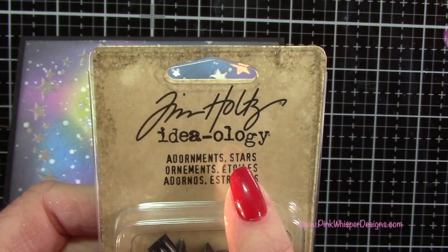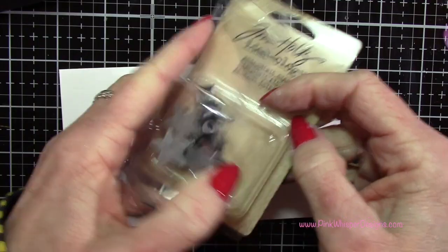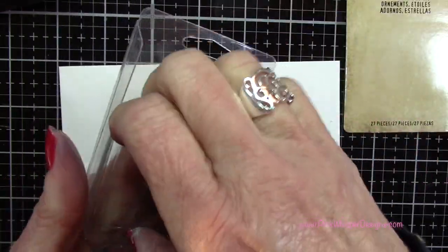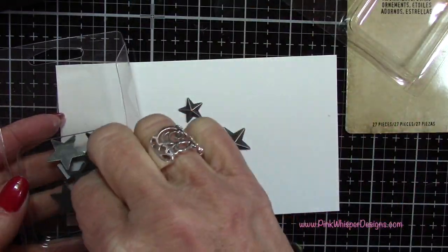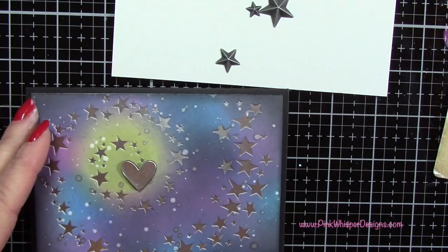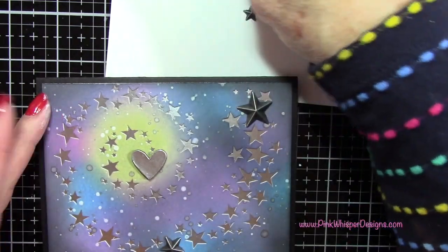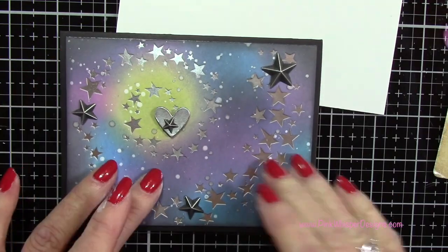So let's go ahead and grab these embellishments. Now I do want to use these Adornments Stars from Tim Holtz, and I'm going to place those around the card here. And they do come in different sizes, so I'm going to grab a few different sizes from here. I'm going to grab that larger one there, a couple of the medium-sized ones, and one of the small ones. And these are metal stars. They're a really nice heavyweight metal. And you could add color to these if you wanted to with your inks, but I'm going to leave them just as they are. And I'm just going to randomly place those around the card and then one in the